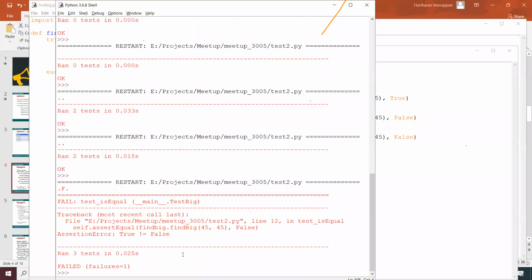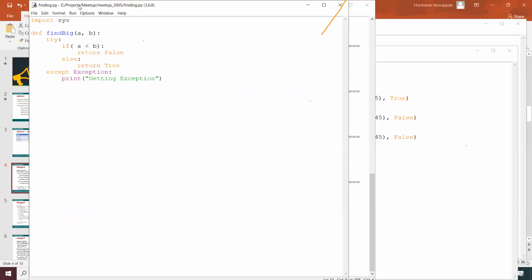Yeah, we got that true. For example, in our module that we did over here, A less than B returns false. Because we checked for A less than B, it returns true.